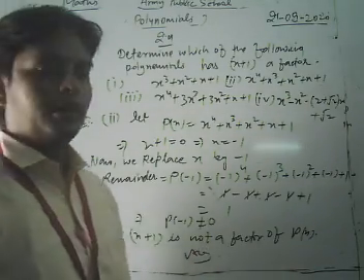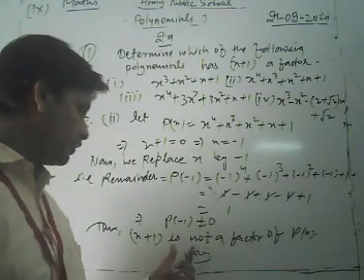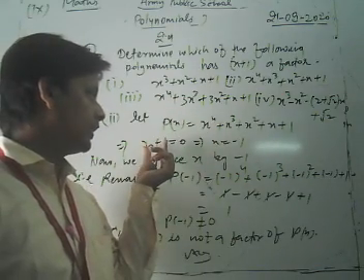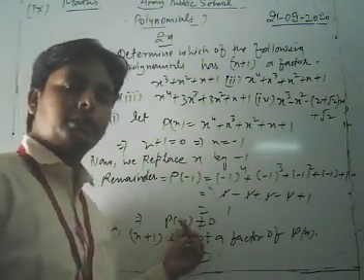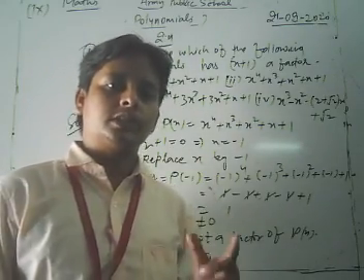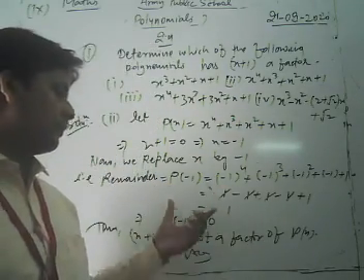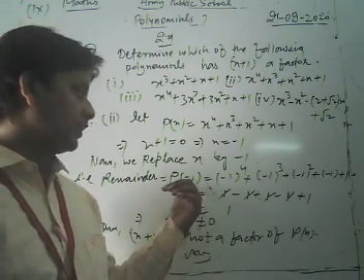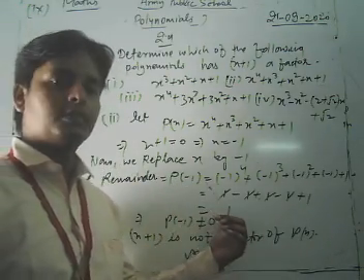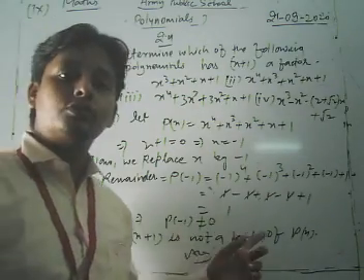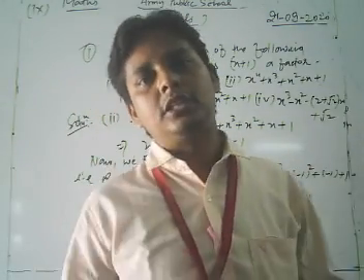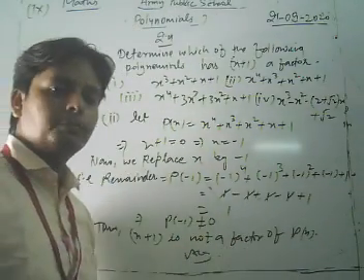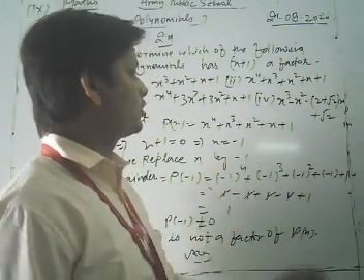Okay, we check the remainder when the polynomial p(x) is divided by this factor. If the remainder becomes 0, then we can say that x + 1 is a factor of the given polynomial, otherwise it is not a factor. So here we find the remainder is plus 1, which is not equal to 0. So in this way we can say that x + 1 is not a factor of the given polynomial p(x). Okay, similarly we take and solve the third part of this question.